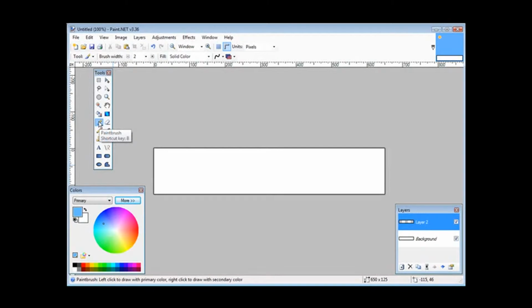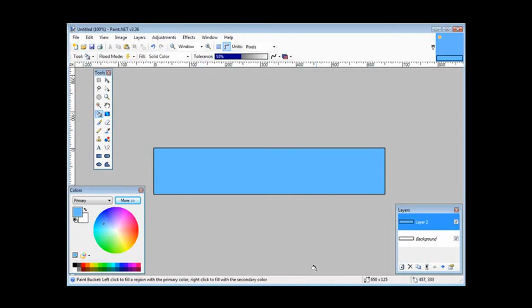So I push the paint fill or the bucket fill, which is this one, and you can just hold your mouse over any of these tools, and if we just click in there, you'll see that we now have a colored background. Okay, so for our next step, what we do is we create another layer. So we'll add new layer, and here